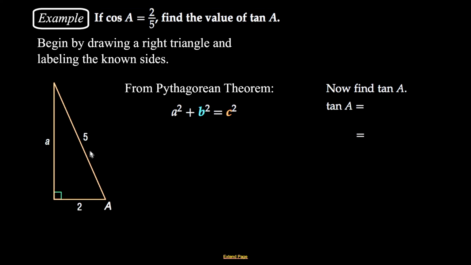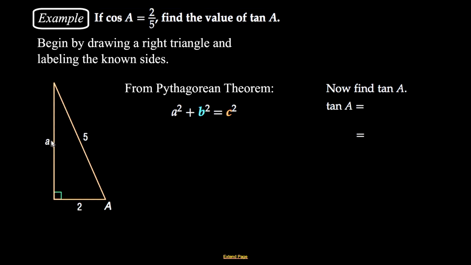And then we know that the cosine is 2/5. So fill in what you know. The cosine is adjacent over hypotenuse, so we know the hypotenuse is 5, and we know the adjacent leg is 2. In order to find the tangent of angle A, tangent is opposite over adjacent, so we need this opposite